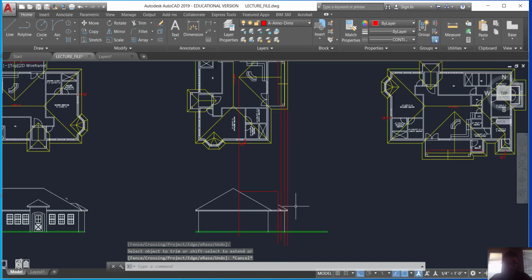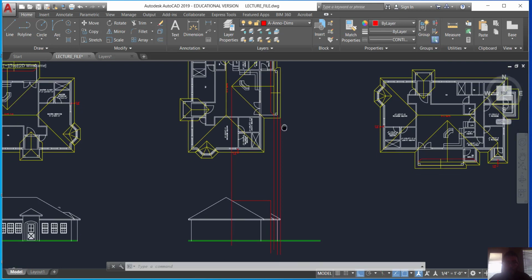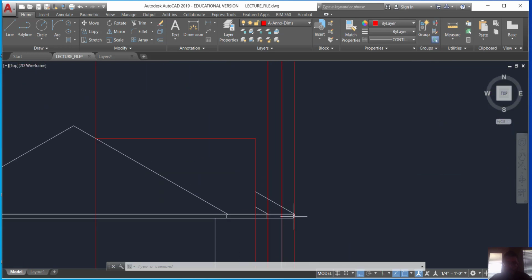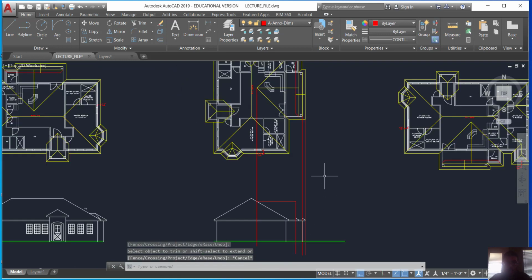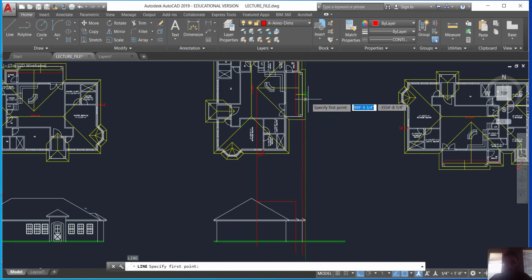Right? Then where this roof did the same thing. This roof came in, this roof came in, and wherever it hit is where,